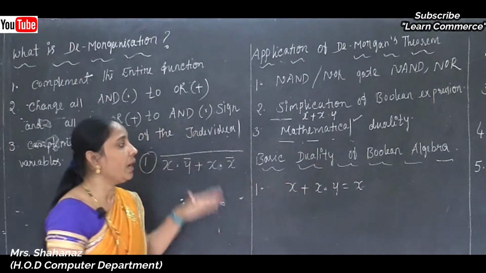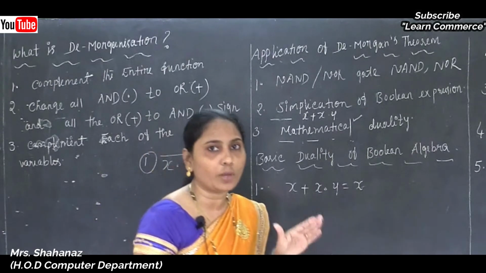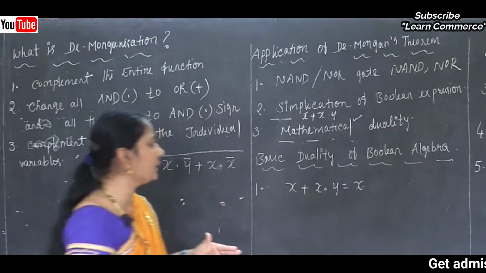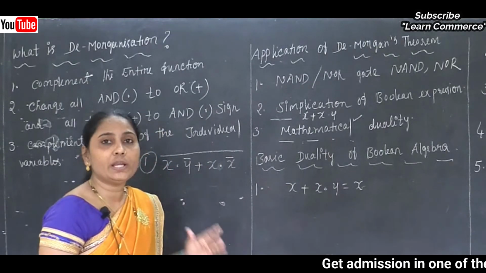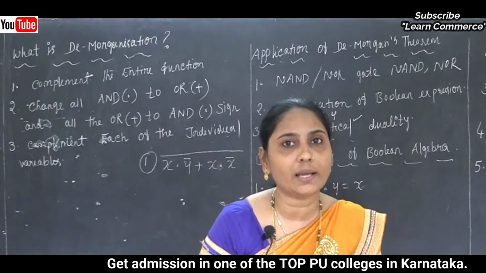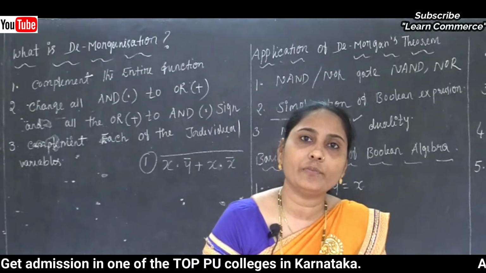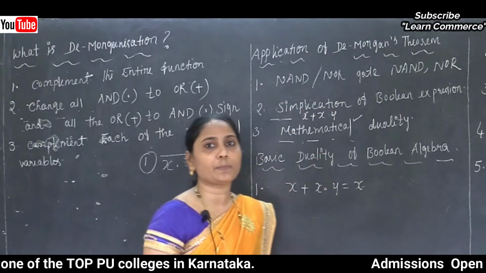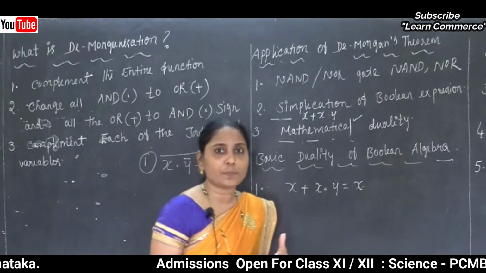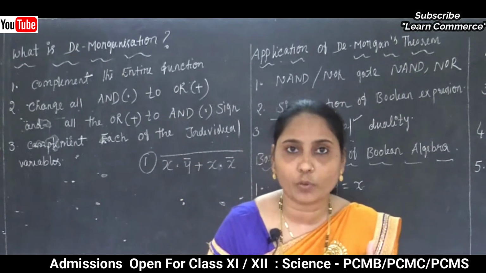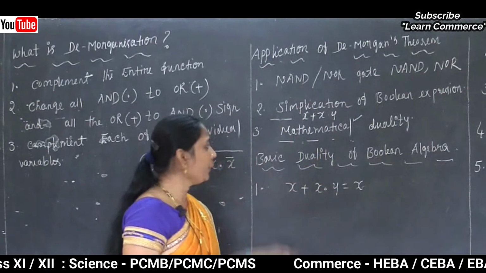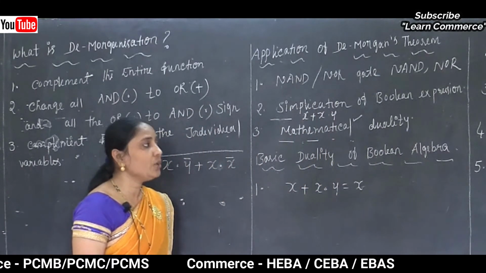After the uses of De Morgan's theorem, now let's see the next thing, the basic duality of the Boolean algebra. This question is very important for 1 mark. How are we going to solve the Boolean algebra, or we can say the basic duality of the Boolean algebra? We know that one principle is the principle of duality, or duality principle, and we already completed such principle. Such a principle states some rules, and what rules do we need to follow in our basic duality of the Boolean algebra?